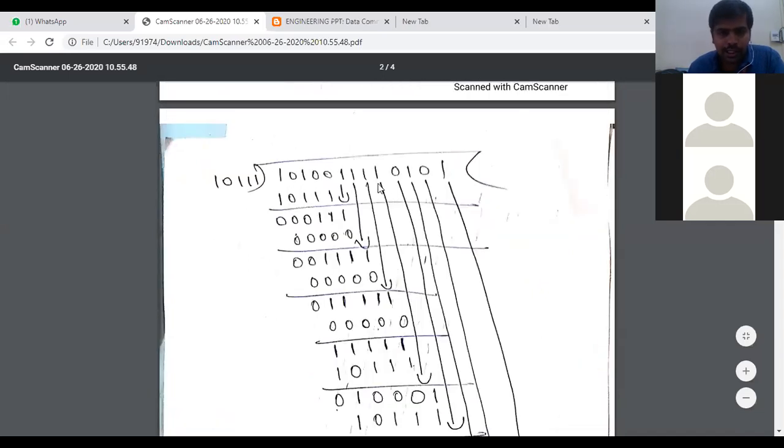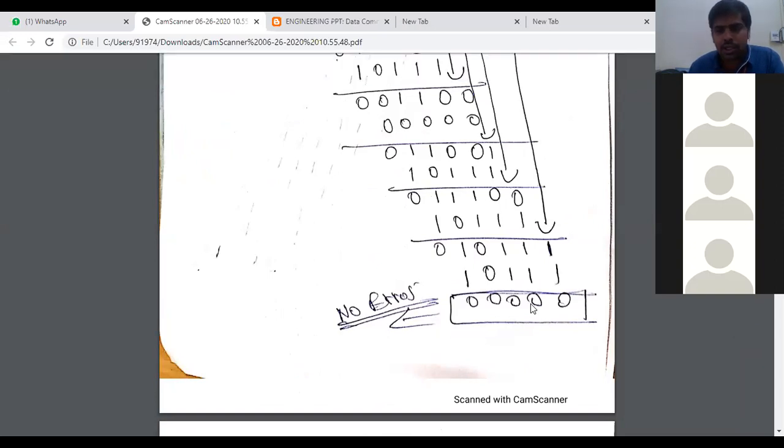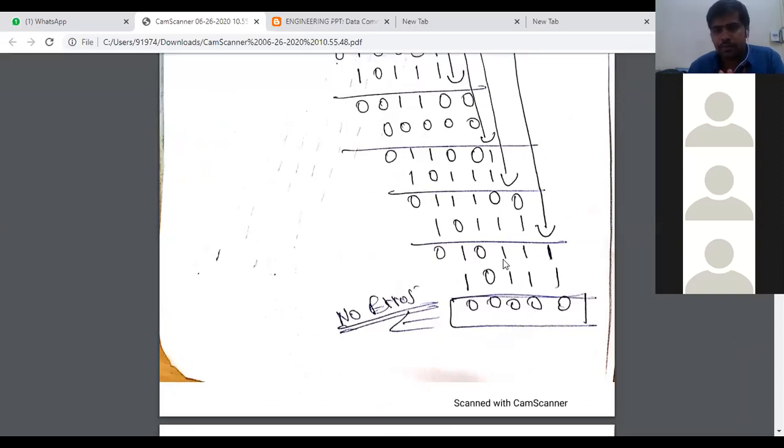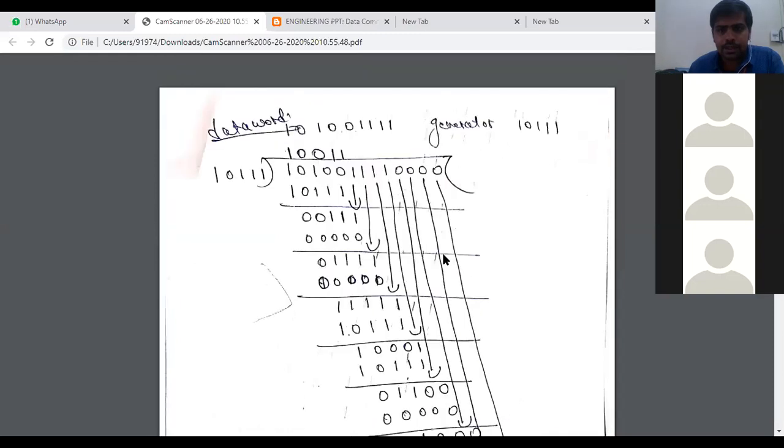Then at the receiver side, add that 0101 to the code word you have got, and again perform the division operation. Then again you will get a remainder of 0000. If you are getting the remainder as 0, then no error has occurred in the transmission. You try to solve this anyhow. If you don't get it, I will share the solution also. Check once. Is it clear?